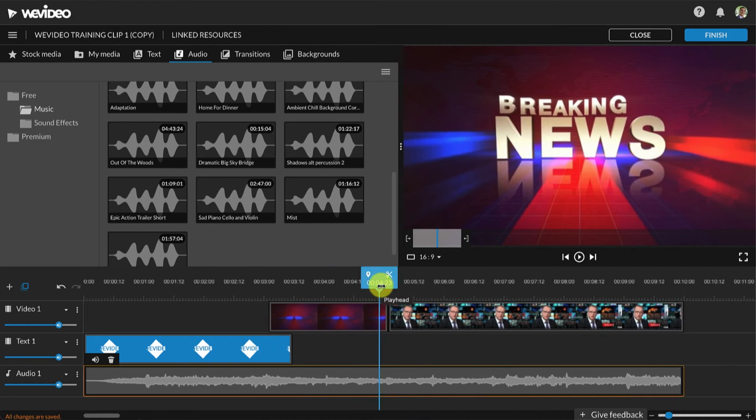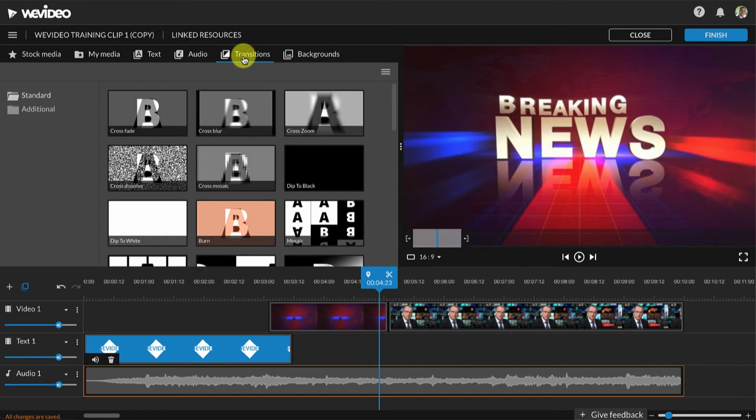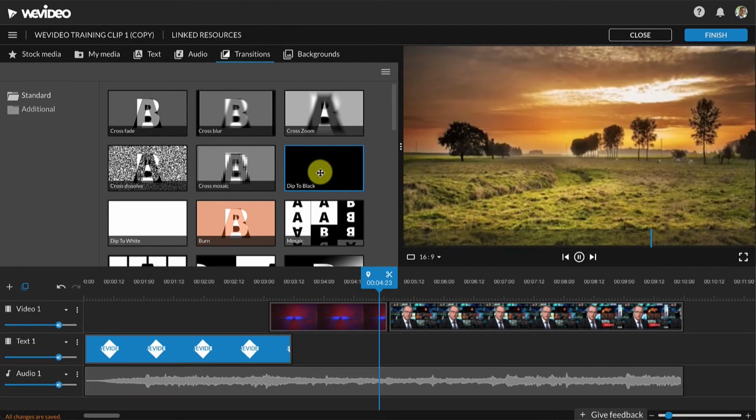The last thing that we had was a transition out of our video. So if you remember, once the news anchor clip was finishing, it actually faded out until the screen was completely black, rather than quickly jumping from news anchor to a blank screen. So to do that, we go to the Transitions tab. We're going to use the Dip to Black transition, and if we click that, we can see a preview of